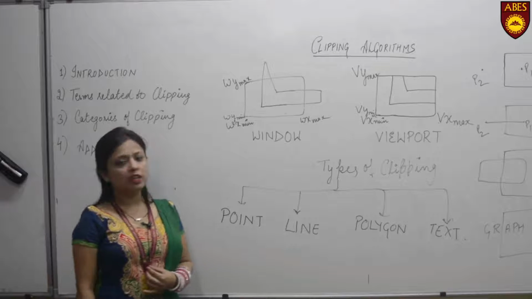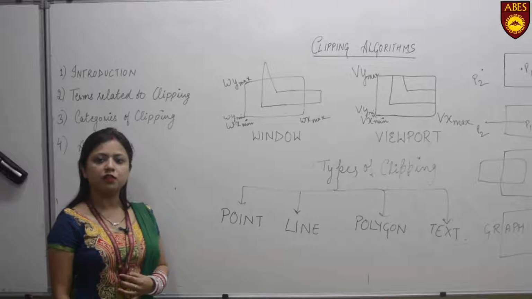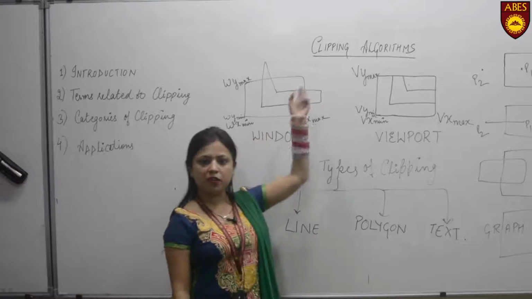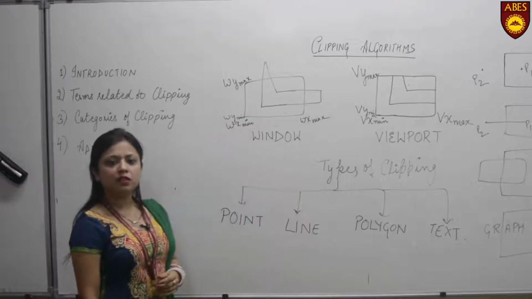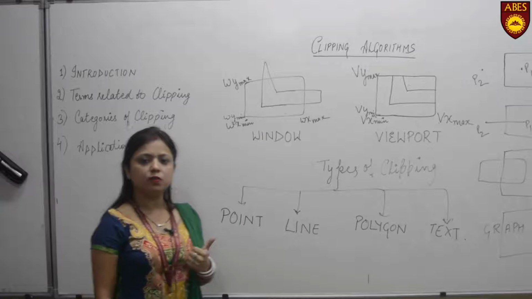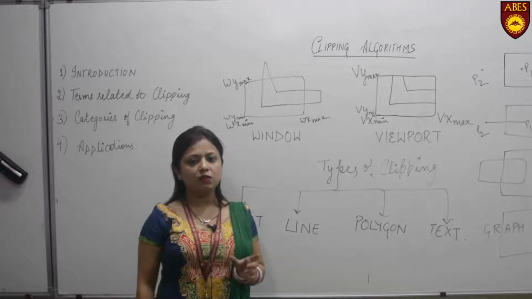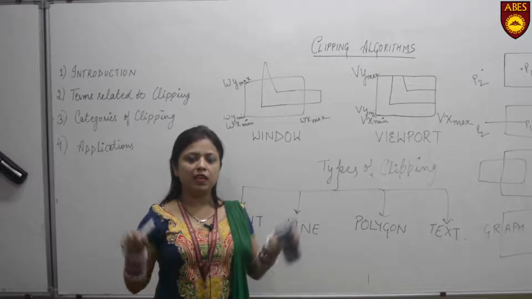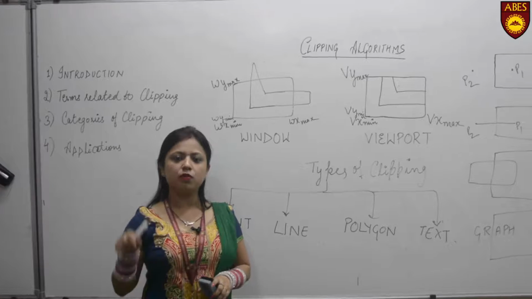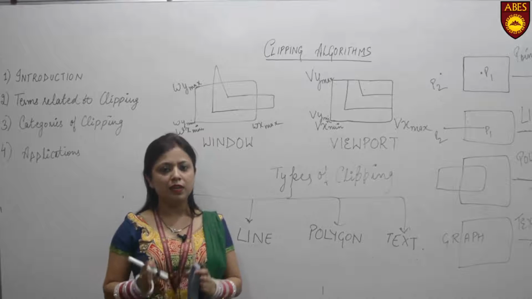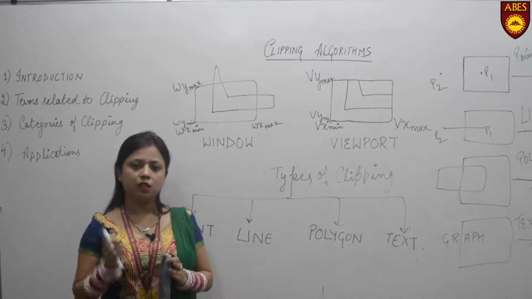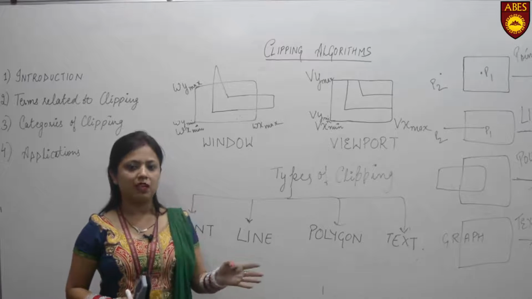Today I will be explaining one of the most important topics of computer graphics, which is the clipping algorithm. When we hear the term clipping, it is synonymous with the word cropping. Clipping means we take an input image, define a boundary along the selected part, and retain only that part of the image which we require and crop out the remaining part.